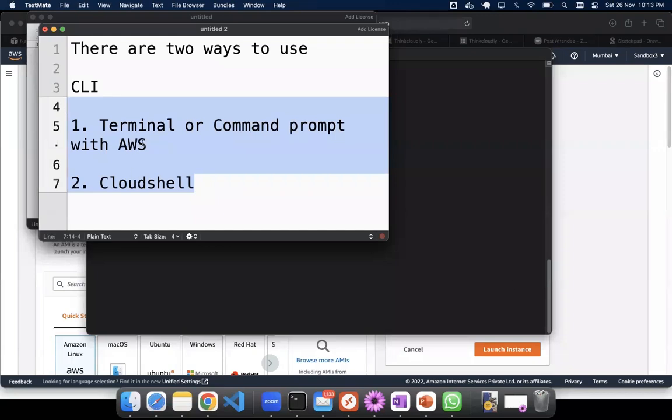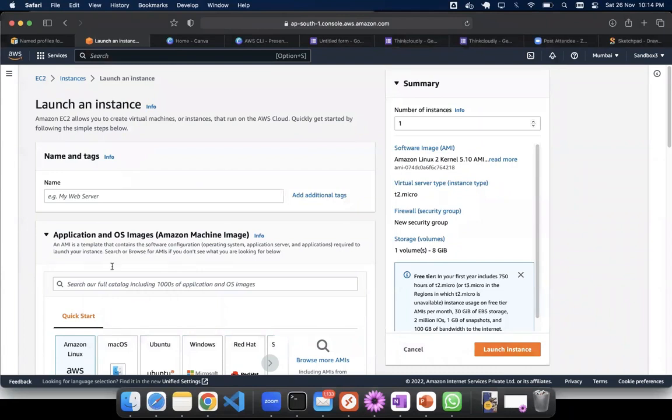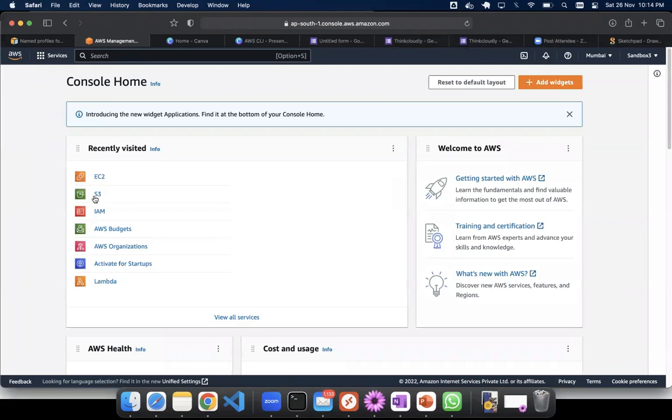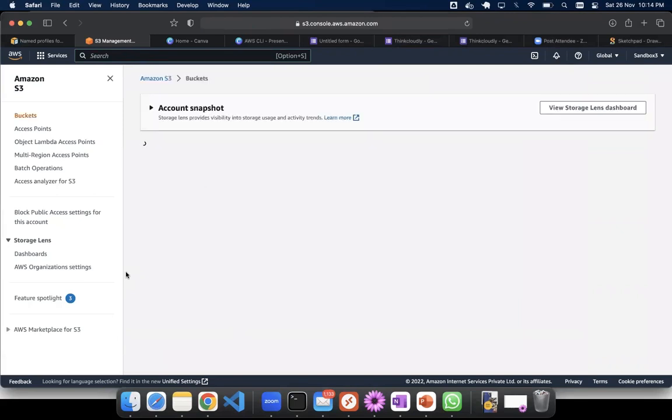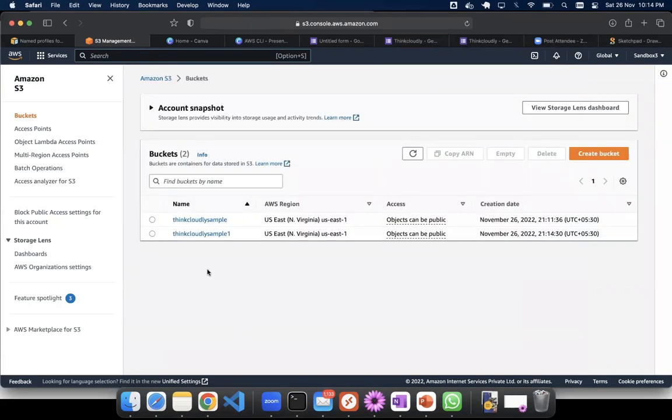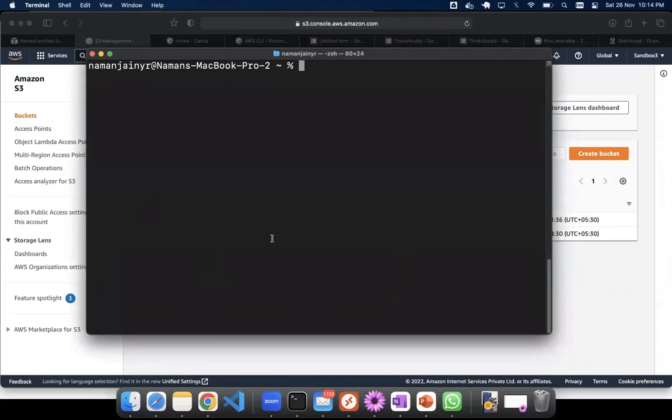Always remember, guys, I know that some of you are very new. That's why I'm repeating this. UI is to click on these buttons and navigate across wherever you want to go. Let's say you want to go to S3 or you want to go to IAM. So you basically go over there and create your bucket. This is UI. But when it comes to CLI, whatever actions we are trying to do on UI, we